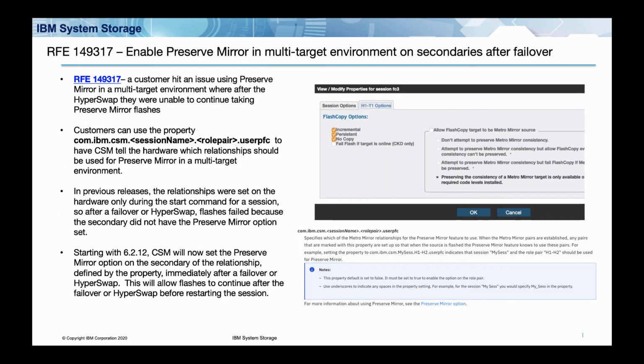All right, the next one is RFE 149317. This is the enable preserve mirror in a multi-target environment on secondaries after failovers. That's a lot of words there, but CSM supports what they call preserve mirror. It's a feature in DS8000 where you basically have your source is a metro mirror primary of a flash copy relationship, and your target, the flash copy relationship, is also a metro mirror primary, which thus allows the hardware, when you do the flash, to flash at the remote site for those targets of those metro mirror relationships consistently with the source site,